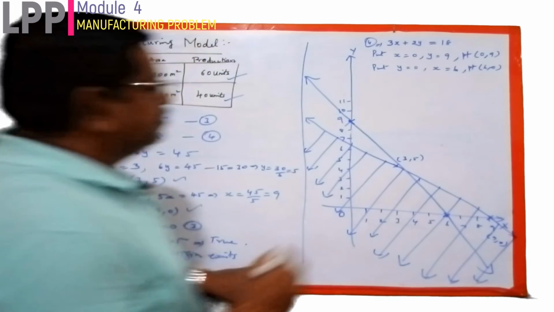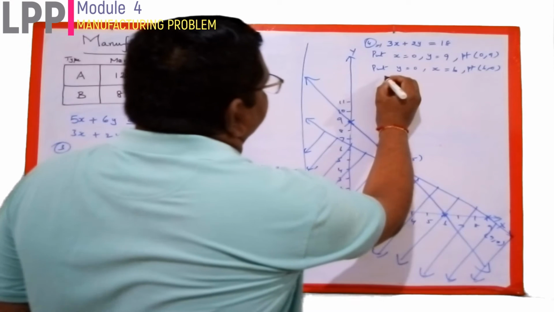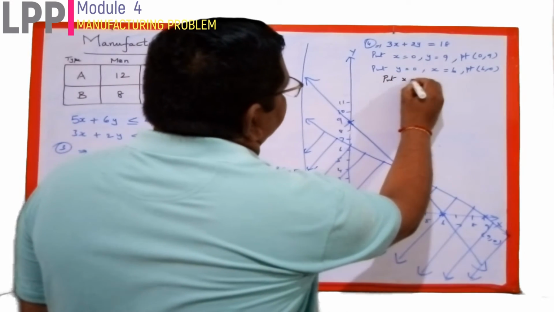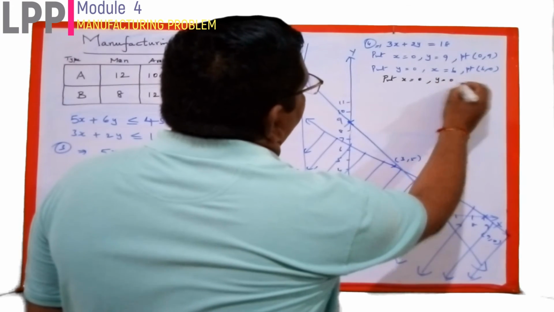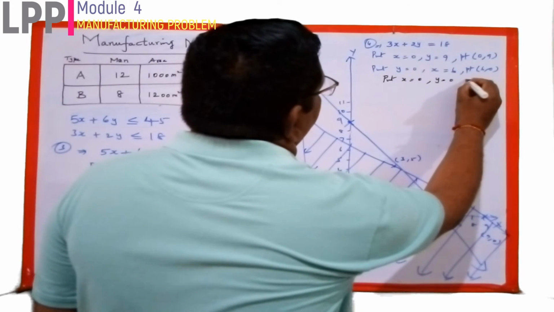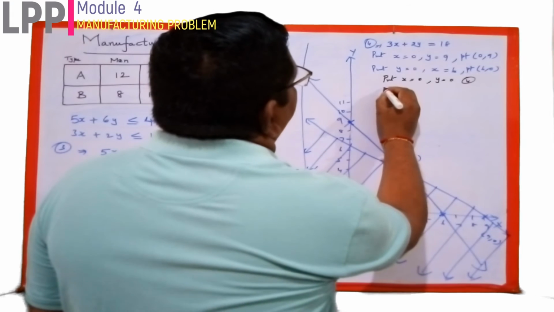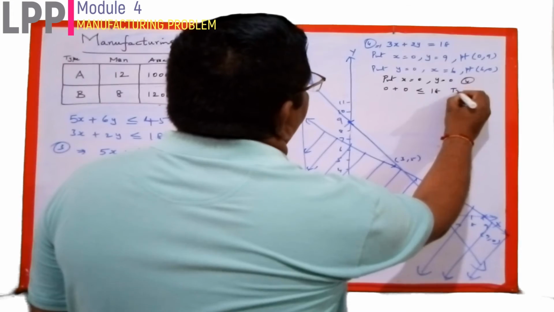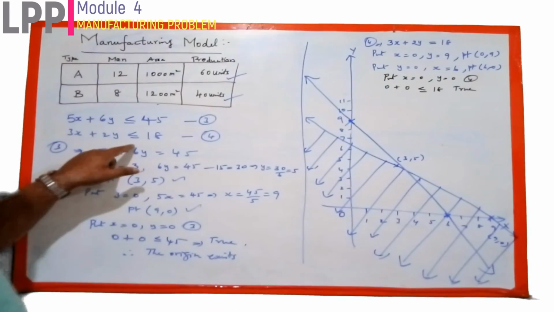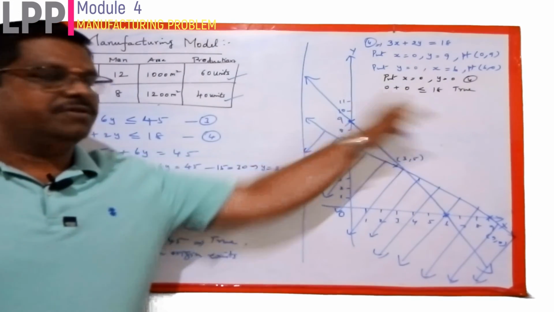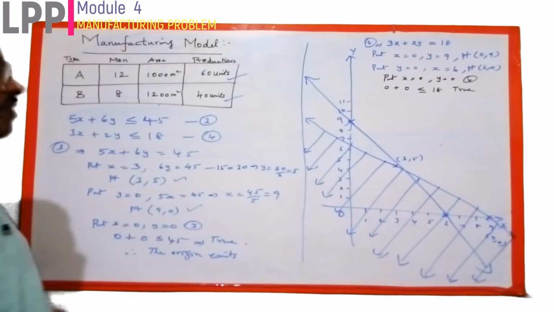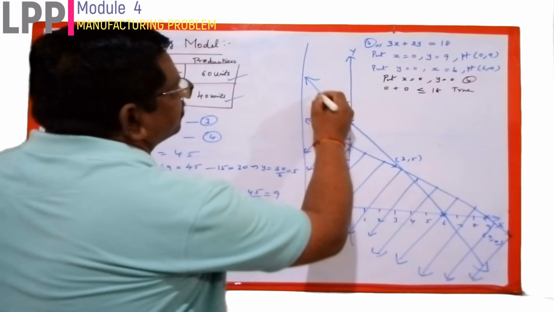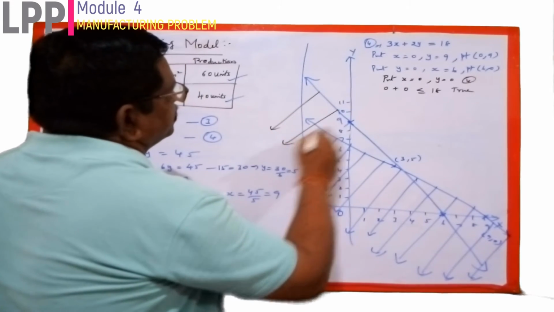Okay. Now, let us draw. We have to find out whether the origin exists or not. So, put x equal to 0, y equal to 0 at a time in this inequation 4. Then what may happen? 0 plus 0 is less than or equal to 18. That is also true. When we substitute x and y value 0 in this inequation, we get that it is also true. So, origin is downwards. Then you have to shade it like this.